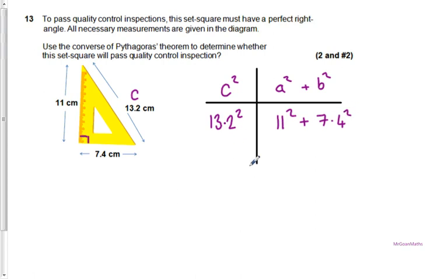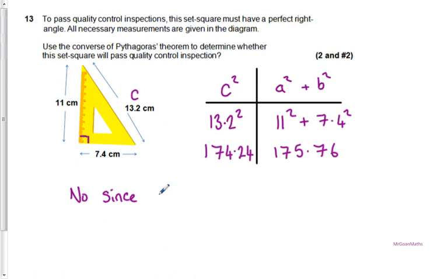Now we can calculate that. We can say that 13.2 squared is 174.24. Now, we can do this in stages, or since we have our calculators, we can jump straight to 11 squared plus 7.4 squared, which is equal to 175.76. Now, we can see that these two numbers are not the same. Therefore, c squared does not equal a squared plus b squared. So we can say then that no,